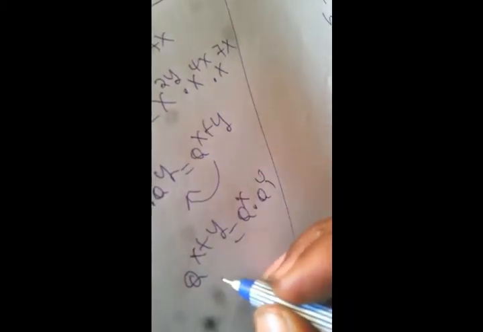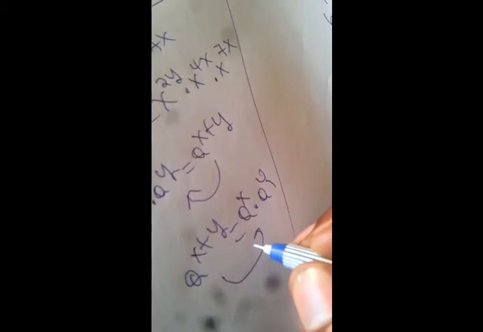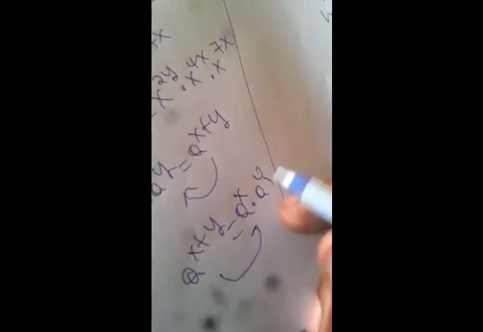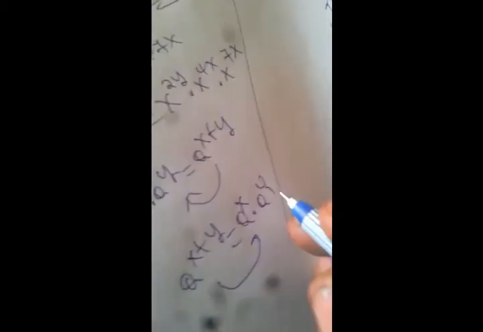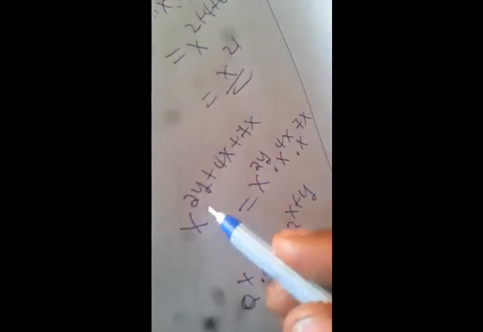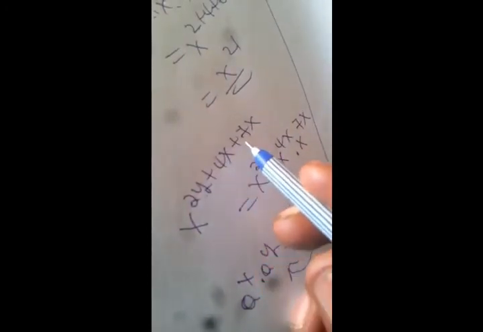Therefore, we are taking the reverse. Therefore, our answer will be, this can be written as this. Therefore, we are right whenever we are given x raised to 2y plus 4x plus 7x, we can write, or simply